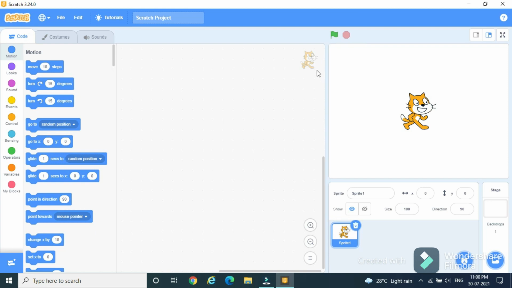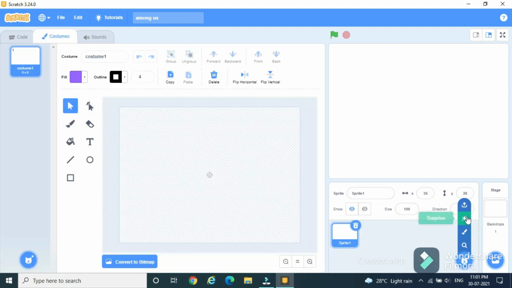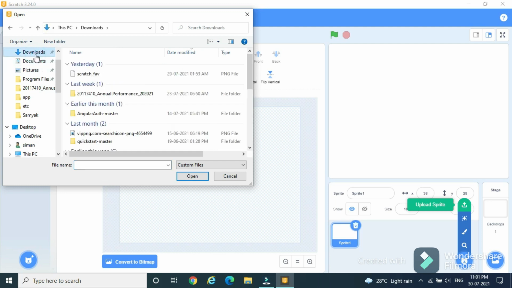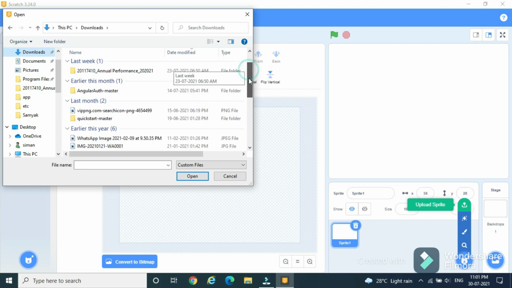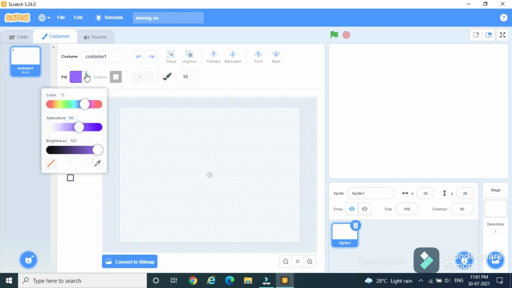So let's start. So guys, what I'm going to do is first I'm going to name my project Among Us. There you go. And now let's delete our cat. I'm going to paint an Among Us here, but I have already an Among Us sprite in uploaded sprites. I'm going to go to the downloads, and there are many things here. And guys, what I'm going to show you is a simple trick to create an Among Us, and that's why